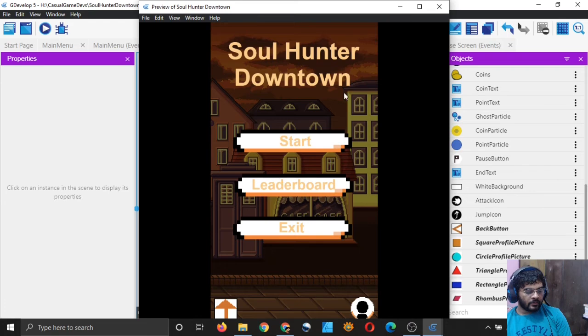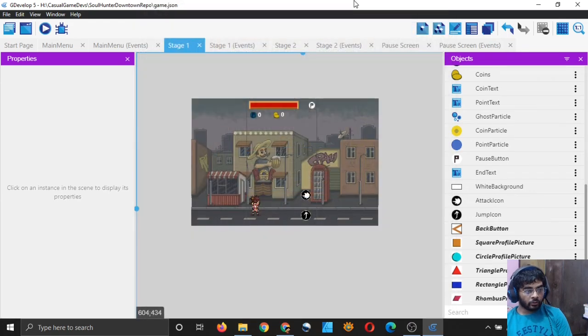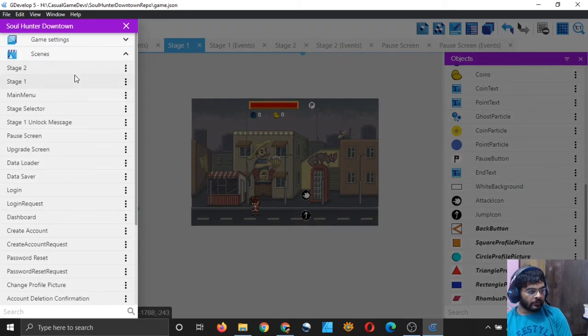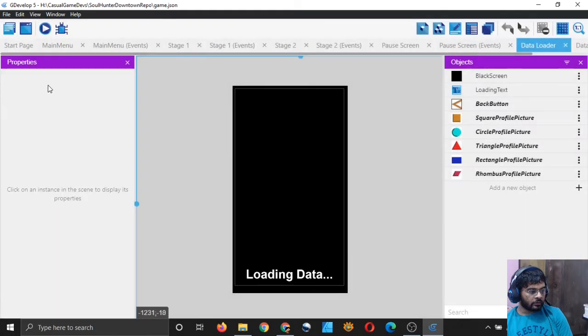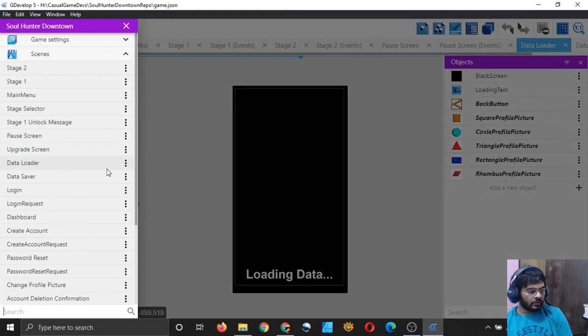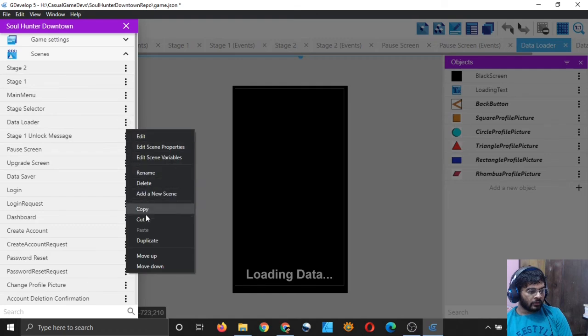So it seems that we have solved all the bugs which we knew. So let me now again publish the game on Android. Right, and first of all, which scene will come first? It should be the data loader scene, that scene should be run first. So move it up, move it up. Okay, it should also be the splash screen, right? Oh, we don't have the splash screen here. So let's forget about it.